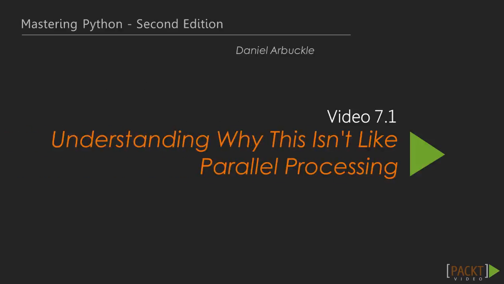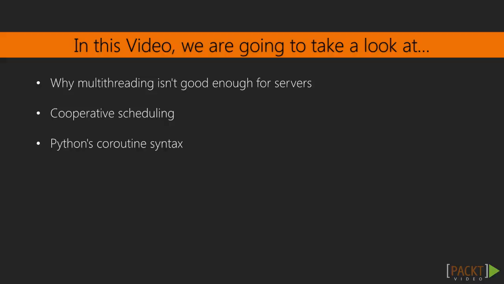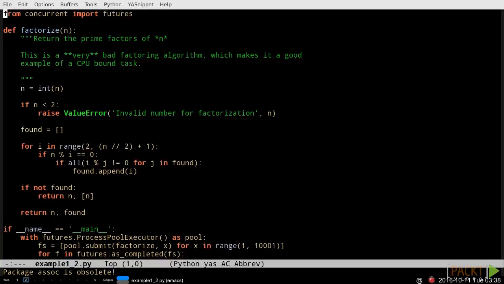In this video, we're going to take a moment to examine the differences between asynchronous processing and parallel processing. We will specifically look at why multi-threading is not good for servers, cooperative scheduling, and finally, end with the coroutine syntax for Python. When we were working with the concurrent.futures module in Section 6, we saw a way to make